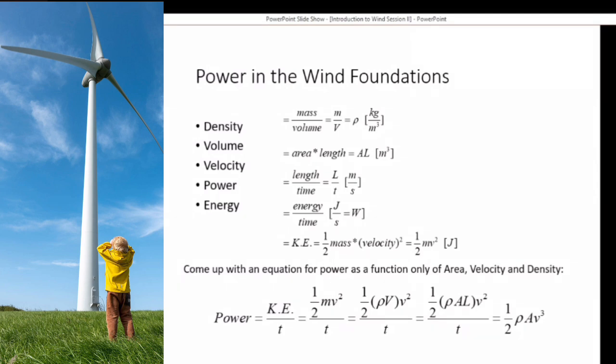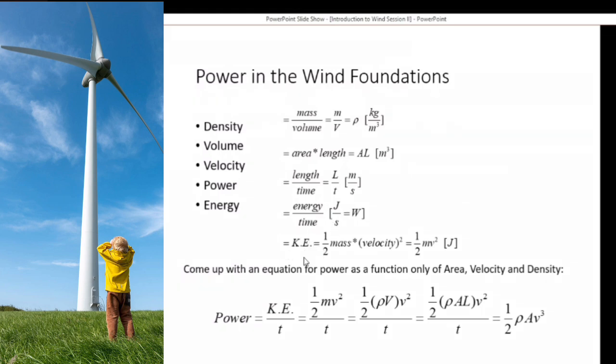Velocity is the length over time, which is meter per second. Here it will depend on the length of the blade. And energy, which is joule over second, means energy over time, and the kinetic